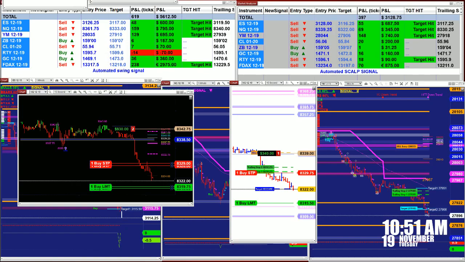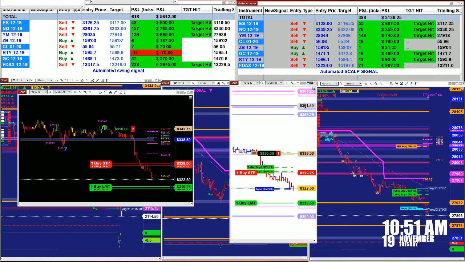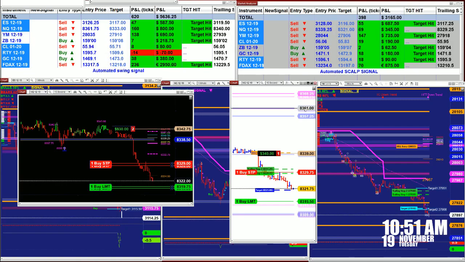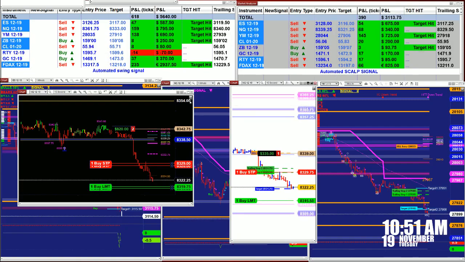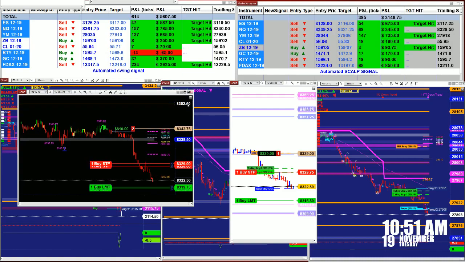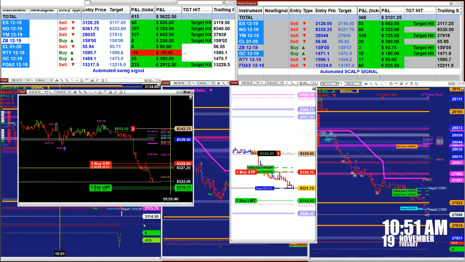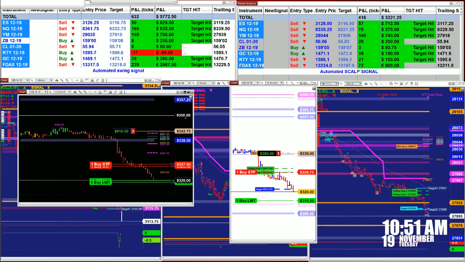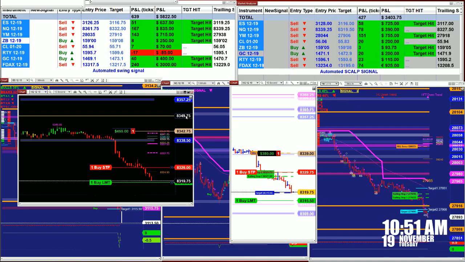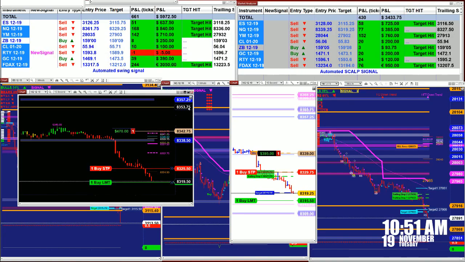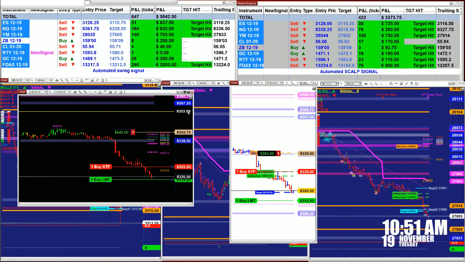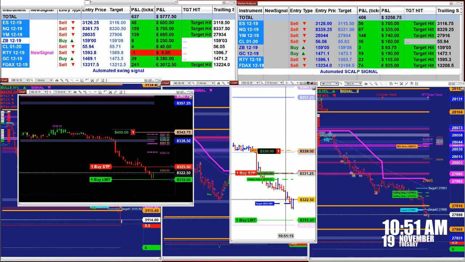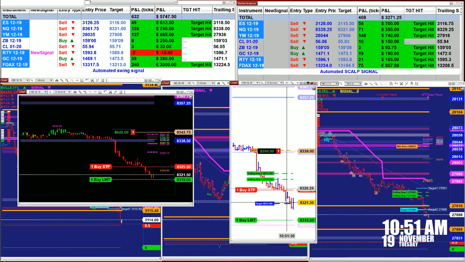It's trying to increase the target, the auto trade, and final, and then I'm going to increase this one here, secure some of the profit on the Nasdaq,